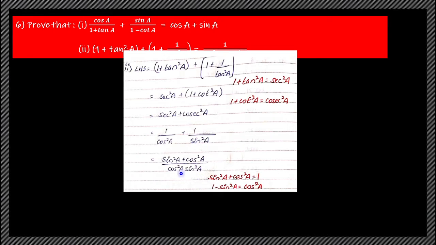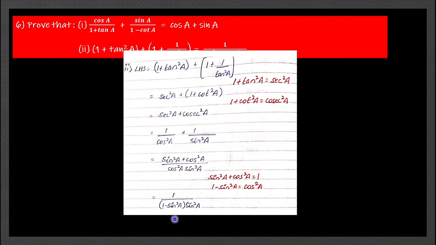So over here, all the terms at the RHS are in terms of sine, so we have to convert the cos into sine, and that takes place only at the denominator, and the numerator is 1. So sine square A plus cos square A is written as 1 over here, and in the denominator, wherever cos square A is given, there we are substituting it as 1 minus sine square A.